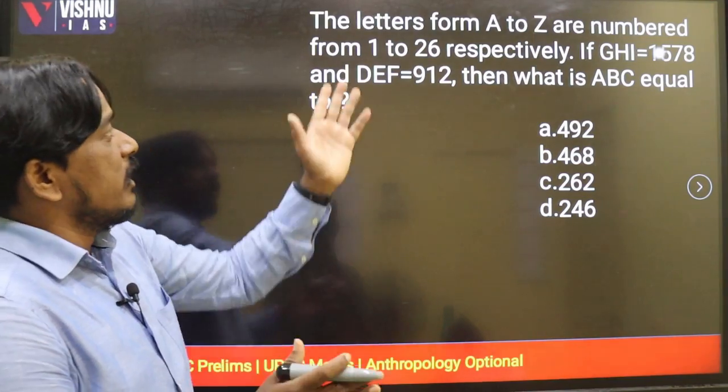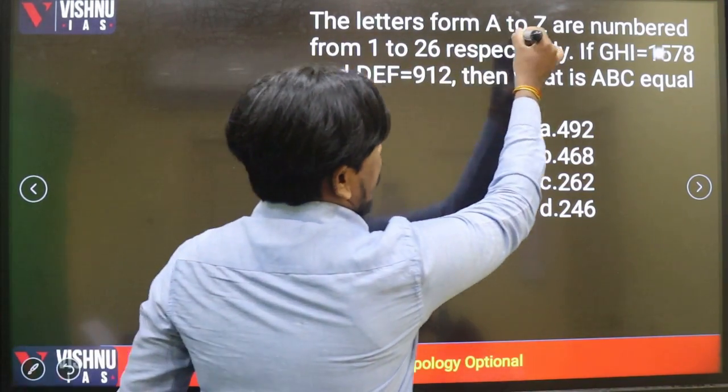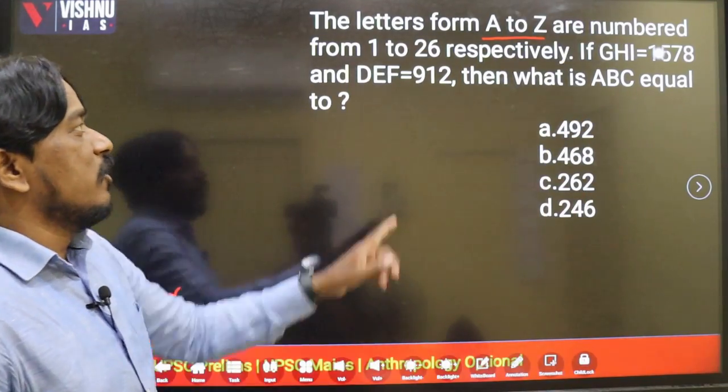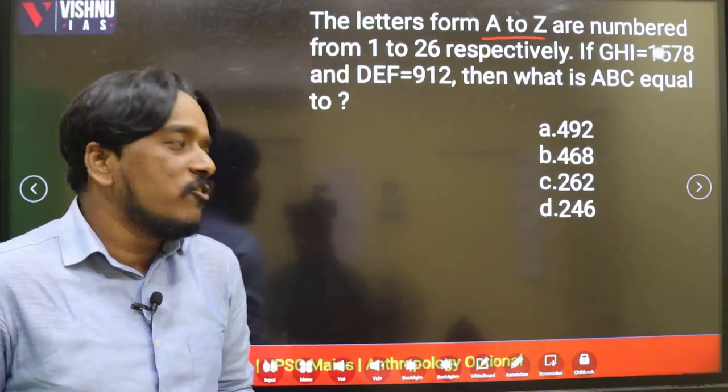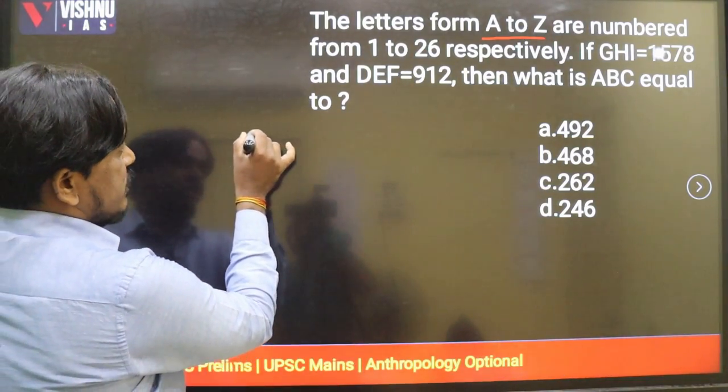If you remember, directly in the question itself, he is mentioning that all the letters from A to Z are numbered from 1 to 26. These are the alphabet numbers. Directly they are giving the clue here. Now no need to worry. So just they given